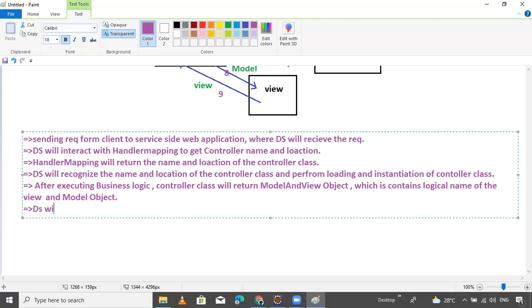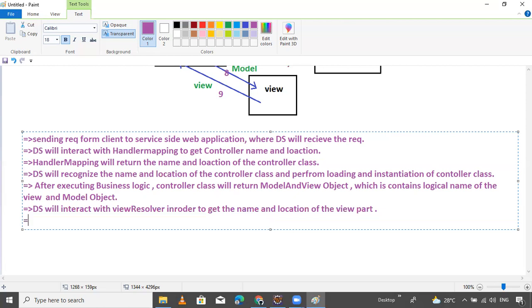Then after getting the model and view object, the dispatcher servlet will interact with the view resolver in order to get the name and location of the view part.